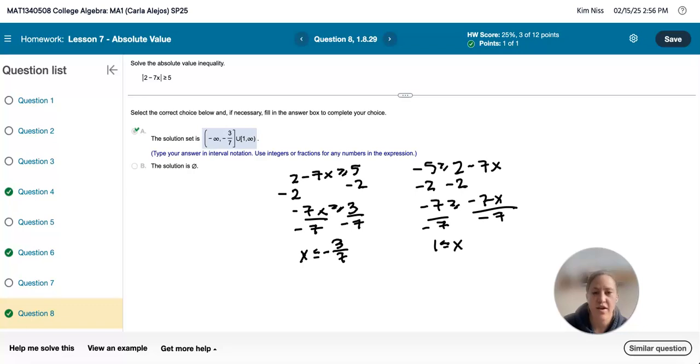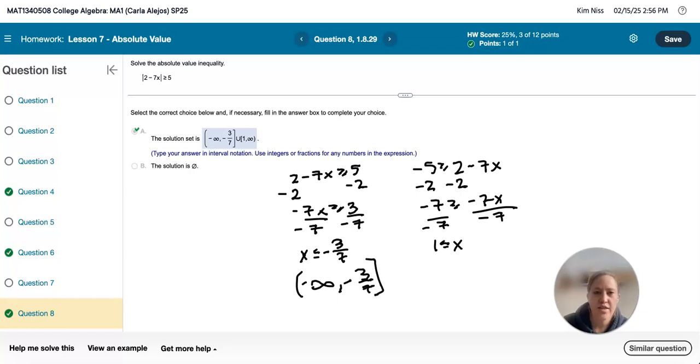So it's going to fall between negative infinity to negative 3 over 7, because it could be less than or equal to. And then it could be greater than or equal to 1. So it could be between 1 and infinity. And so that's how we're left with our negative infinity to negative 3/7